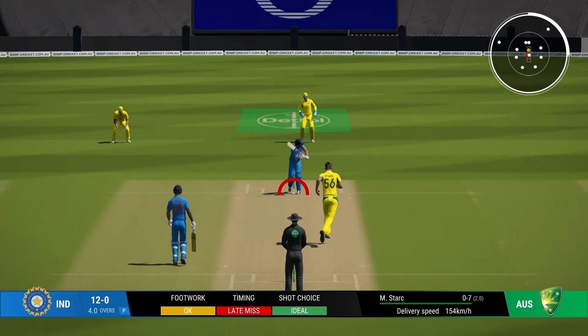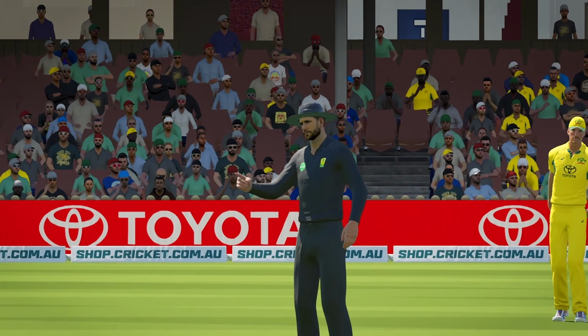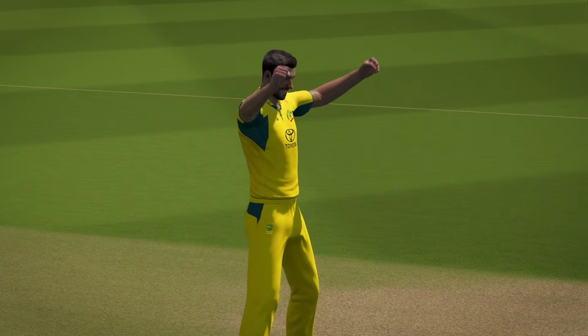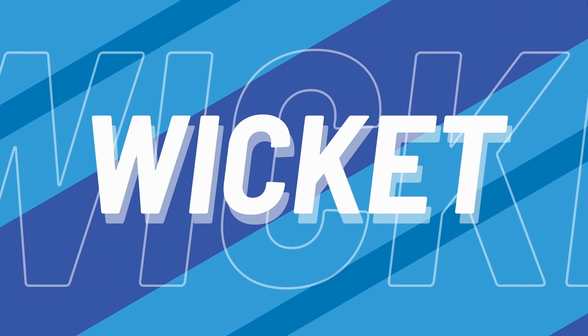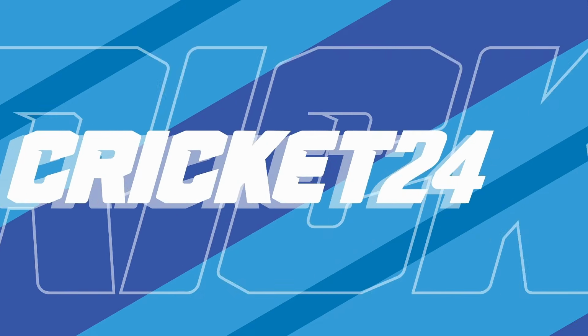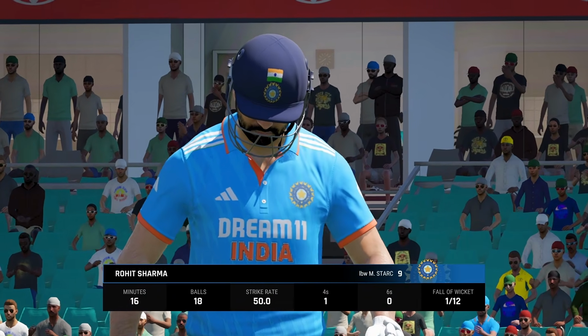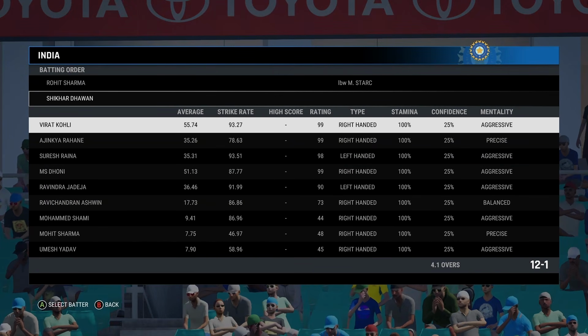Stark now coming from over the wicket, and it took him all of one ball to get the in-swinger on the mark. Came in, and I think we've been trapped in front. So late on that. Yeah, that is hitting leg stump clean as a whistle. Rohit Sharma goes for just 9. Look at that for a batting order though.